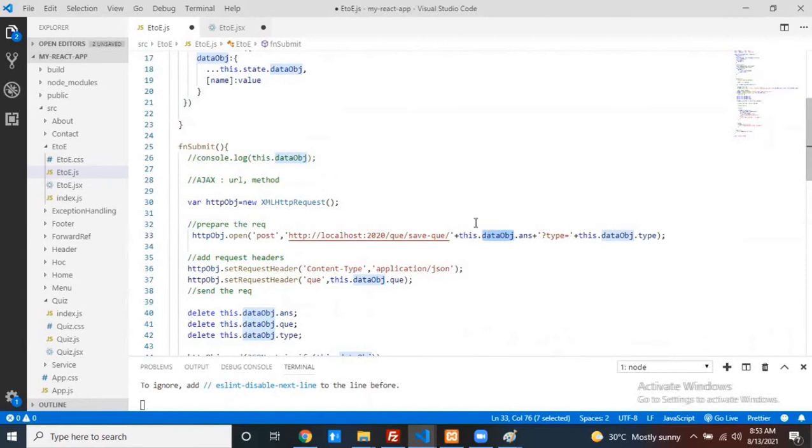Can we do one thing? Here also this.state.dataObject, and here also this.state.dataObject, and that can be destructured. Can we destructure the object? But how can we destructure the object? Yes, you can do it like this. I want to take the properties from this.state.dataObject. Which properties do you want me to take? I want to take these properties. My constant.